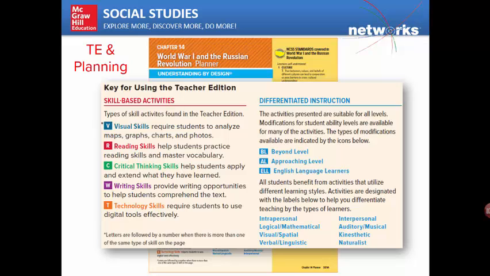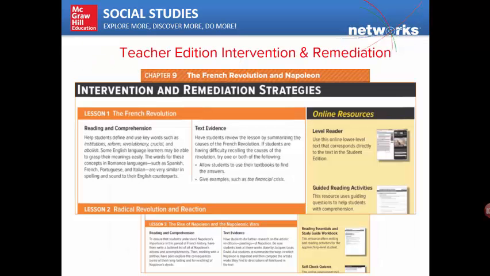visual, and technology. Many of these skill-based activities were designed for differentiated instruction and are labeled as such, as you can see here, below level or beyond level, approaching level, English language learner, and learning styles. A few pages further in that teacher planning, you'll find intervention and remediation strategies. Not only does this page itemize those best EL resources, but it provides lesson text evidence to help students comprehend